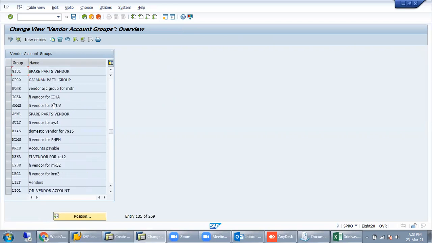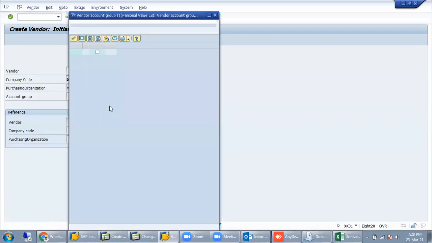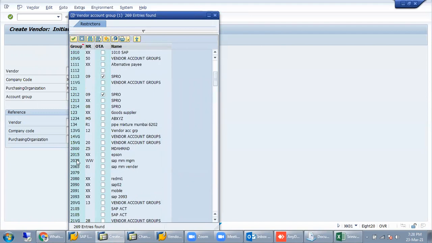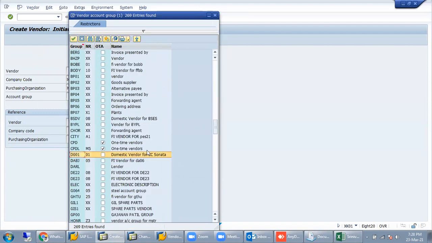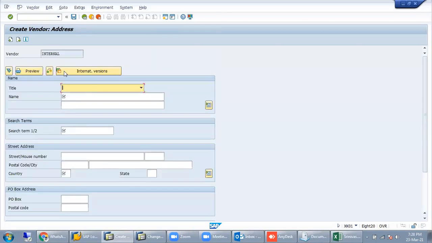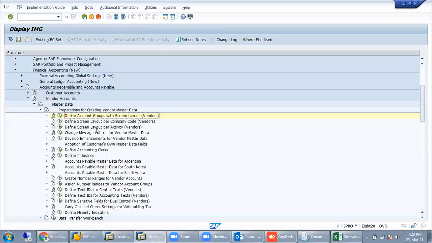What we have created is D001, right? Yes, this D001. So now when we are going to create a vendor master like this, here we can see D001. Just go to the drop down and see D001. It was there, right? I just created it. So double click on that and press enter. What number will be generated while creating that vendor? How do we know? We just go to that vendor. Internal number, yes.